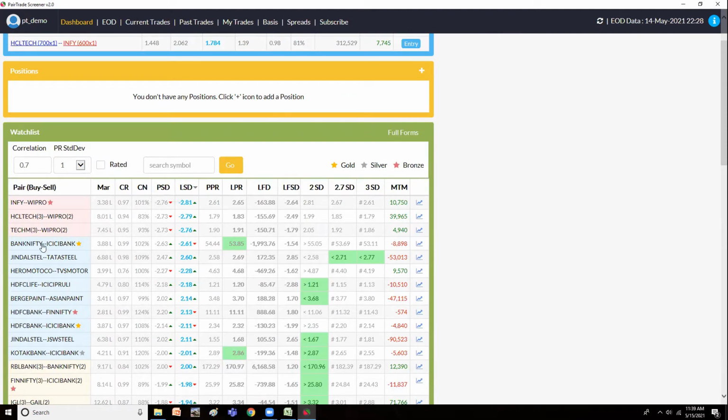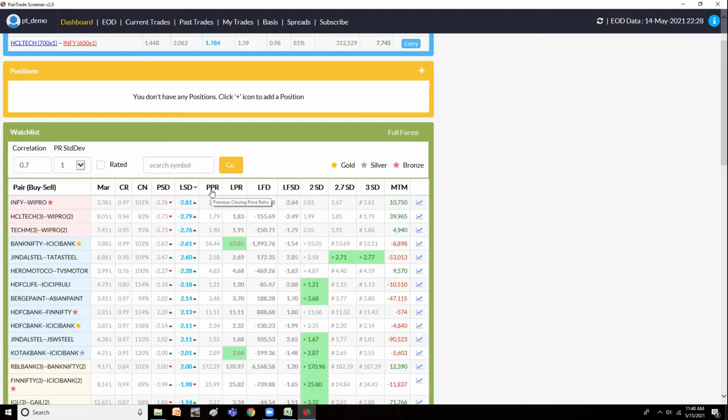Cash neutrality after the adjustment is displayed, and PSD is the previous standard deviation, the previous day's closing standard deviation, so that would be the EOD standard deviation. LSD is the live standard deviation which we calculate at that particular moment and display here. So by this we will know that from yesterday it was 2.76, now it is at 2.81. As we have seen, the previous day it was 2.90, then it closed at 2.61. So this indicates whether the gap between the stocks is increasing or decreasing.